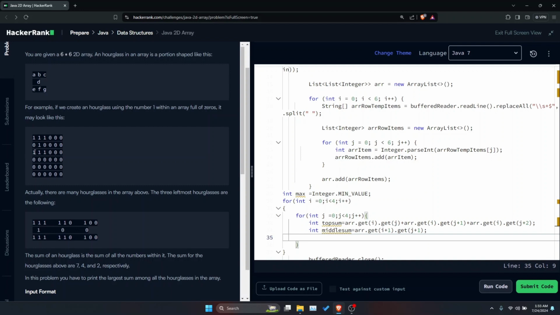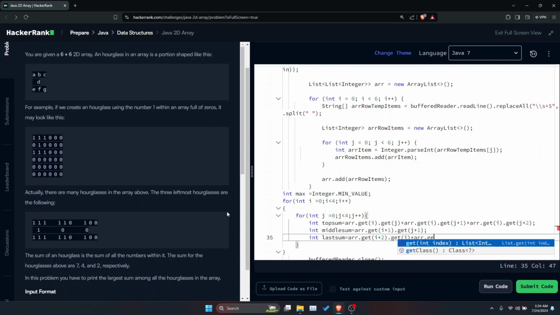Now for the bottom sum, the last sum, to calculate this one over here, the row has changed from 0, 1 and 2. So it would be i plus 2, and the column is j.